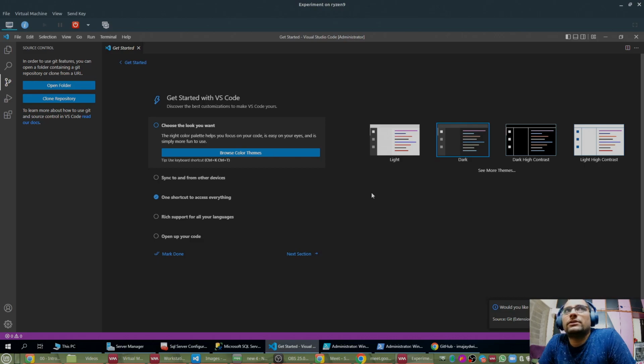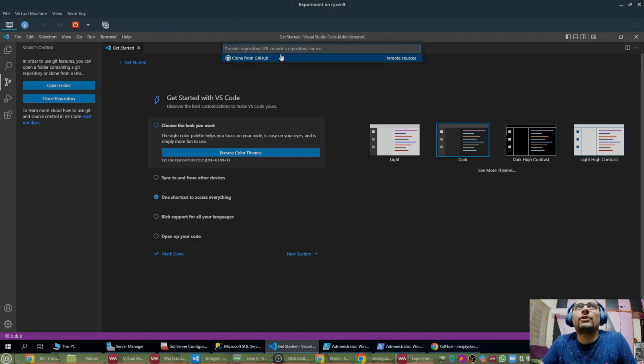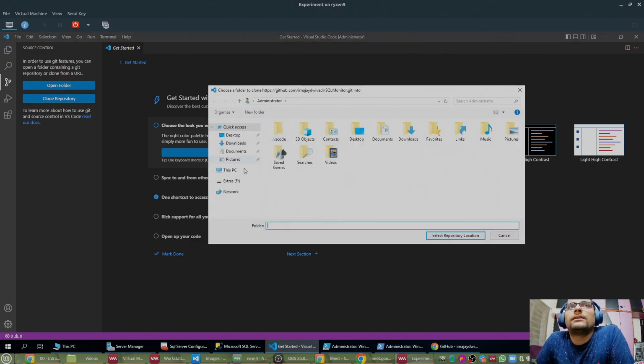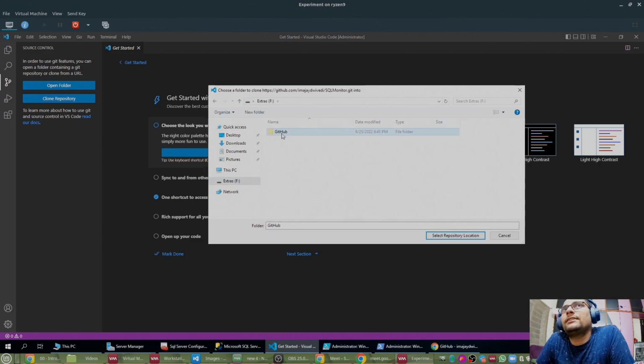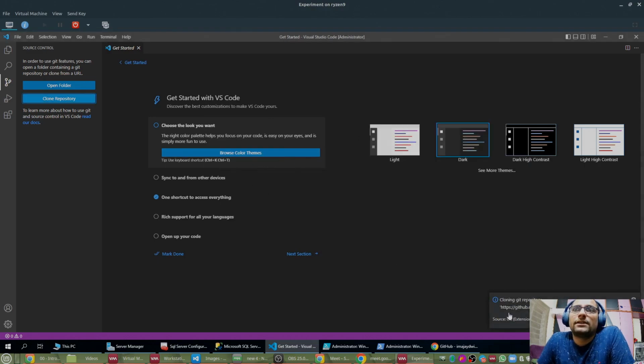In Visual Studio Code, earlier we were cloning DBA Tools. That has completed. You can see, would you like to open the cloned repository? No, I'm not interested in opening DBA Tools. Let me clone our SQLMonitor now. I already copied the URL, so I pasted this URL here and pressed enter from the keyboard. Like last time, it is asking me where you want to save it. I already created the GitHub folder on the F drive, so I will choose that folder and select the same button, select repository location. So it is cloning our SQLMonitor